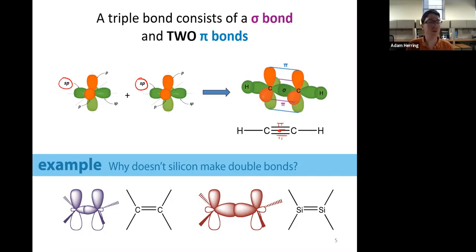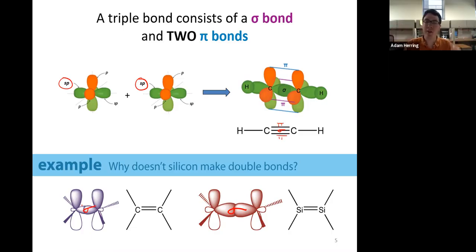Well, in order to form a double bond or a triple bond, remember, we need to have overlap of the unhybridized p orbitals. And because those orbitals are not overlapping head-on, but side to side, the atoms need to be close enough for those orbitals to overlap. The silicon atom is much larger than the carbon atom because it's in the period beneath it. Because of the increased size of the silicon atom, the silicon-silicon sigma bond is longer than the carbon-carbon sigma bond,